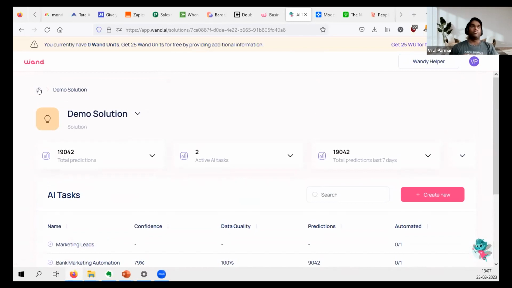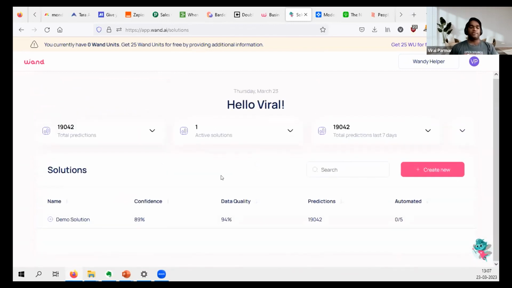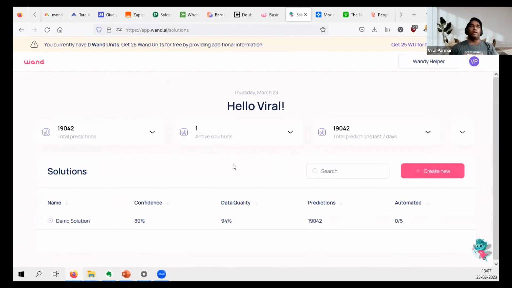I have read about this one. I have not particularly used it appropriately, but I have seen it's a good response, it's good, and a lot of people are using it. So you guys can also try Wand.ai. It's an AI-based tool for your work automation. Everything is sorted out. It gives a trial version for a few days, and then again it's a paid thing. With the trial version you'll get an idea of what is happening and what is not.